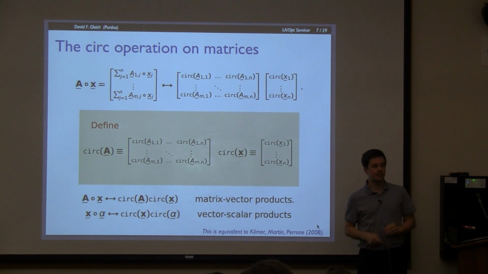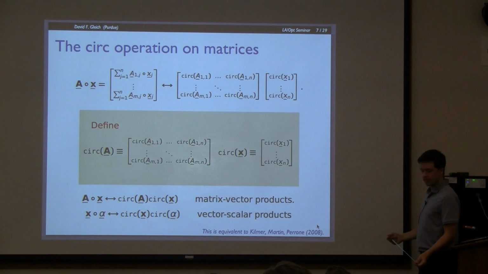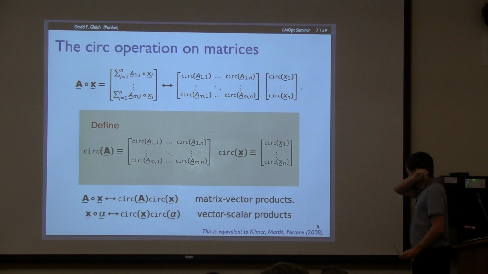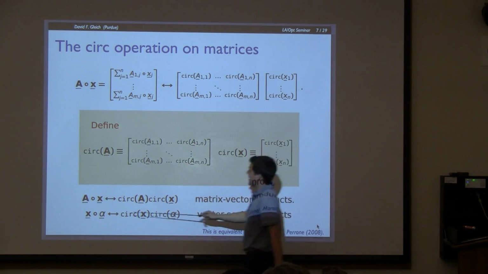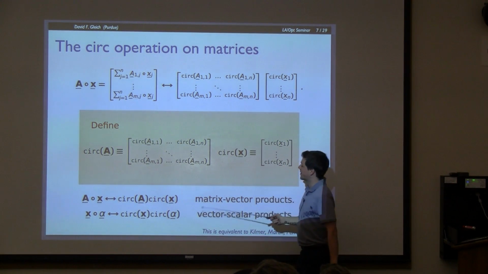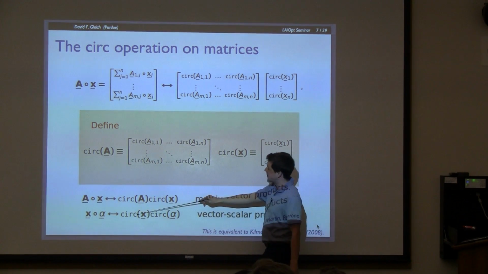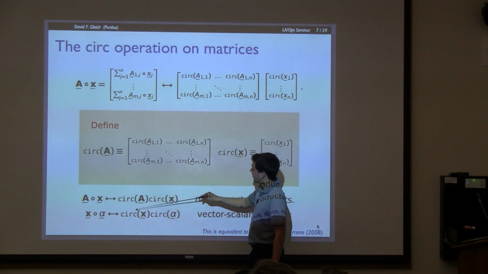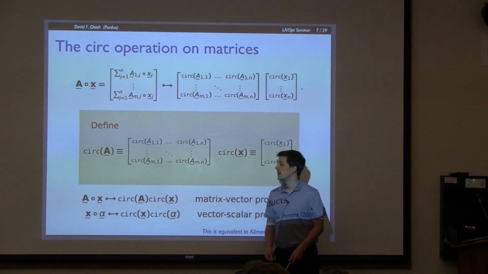Yes? You mentioned some things are commutative, so the bottom line, is that the same as alpha dot x? Excuse me. Yes, I'm writing it this way because this is the way the matrix algebra actually works out. So if you think about the dimensions of what these things are, circ of x is going to be,